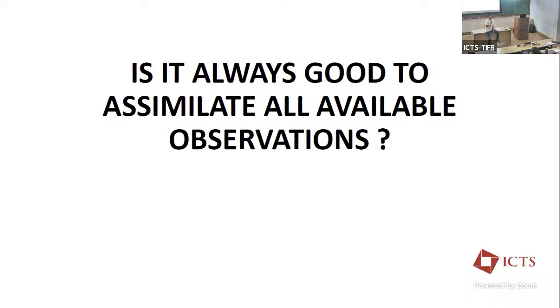By superobbing, we mean we do a coarse graining, or let's say a data averaging, and we choose the average value over a certain region, let's say over a 1 by 4 degree box. We construct a box like that, and we choose the average of that, and then we pass it on to the data assimilation system. So this is called data thinning. You do not need all those many observations. This will unnecessarily complicate things, and becomes computationally more expensive and things like that.